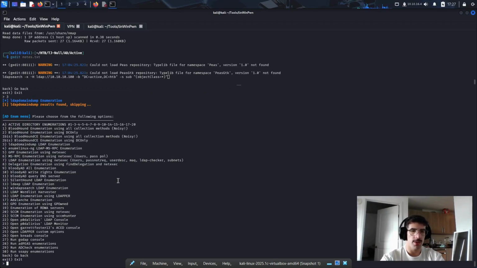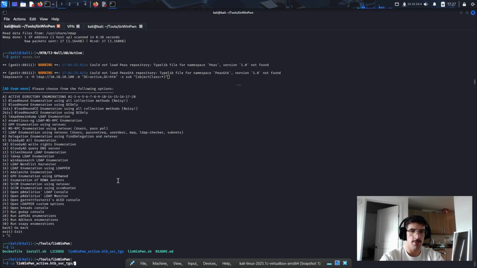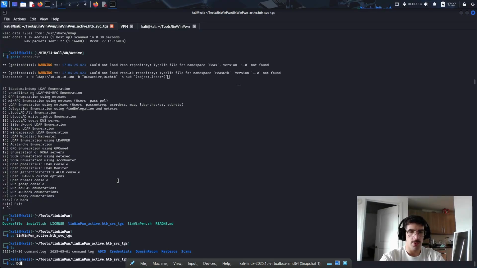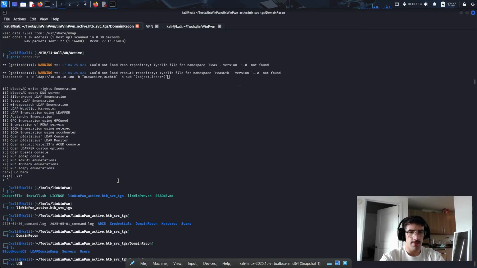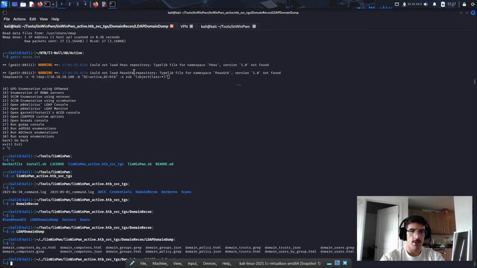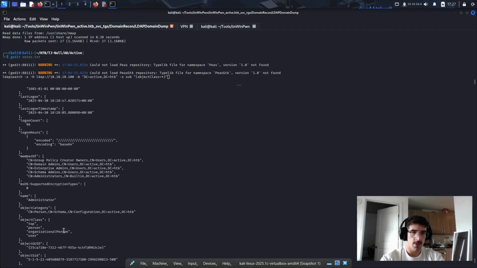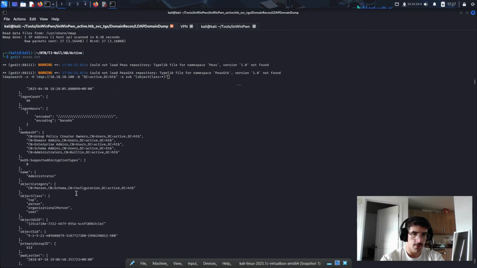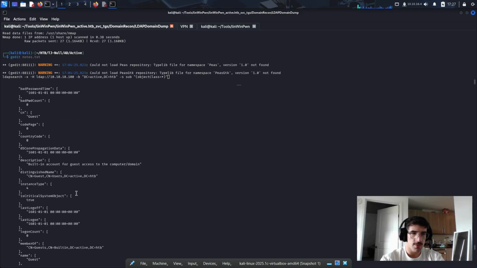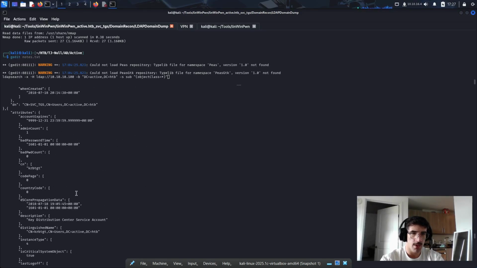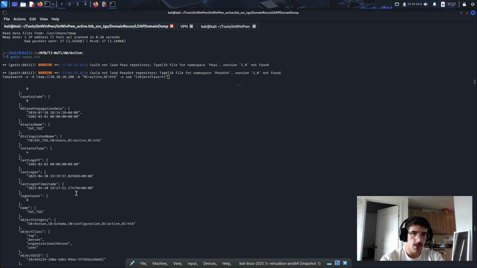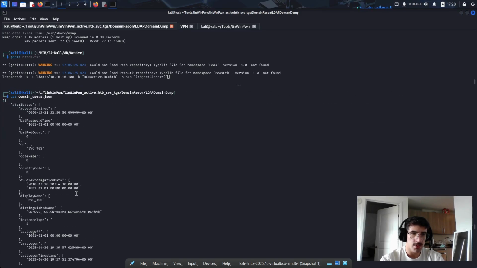Since I already did run this, the results are already inputted here. So we'll go to domain recon, domain dump, and then we can pretty much gather a lot of information about the domain. So for example, we have the name, what groups they belong to, and the description. Like I said, you want to look for all these descriptions and see if there are any exposed passwords that you could probably reuse. In this case, there are no passwords,